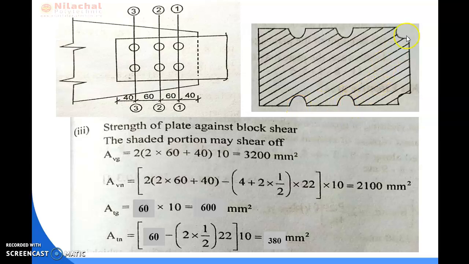And after that, at the corner side, it is the half of the half portion, so we will take it as 1 by 2. And at another corner portion on the bottom side, here also we have to take half of the half portion of the bolt hole. So here we take the number as 1 by 2. Hence, the total number of bolt